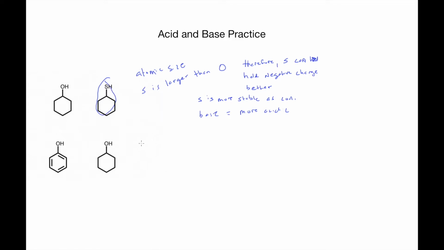In the one below, we're looking at resonance being the main difference. So if I draw the conjugate base for the first one, we see that basically I have all sp3 around it. There are no resonance structures, nowhere to move this negative charge. So there are no structures here that I can move this around. The charge is isolated on the oxygen. If I look at the one to the left of it, you can see that if I draw the conjugate base,